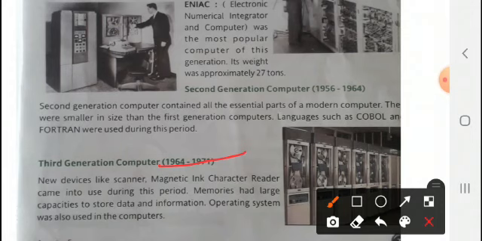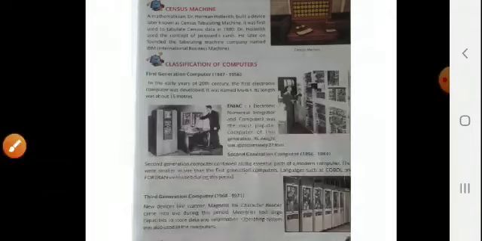So what is the main difference among all these three? The first generation computer was very heavy, near about 27 tons. The second one is a little bit smaller in size, and it contains essential parts of a modern computer. And in the third generation computer, devices like scanner and magnetic ink character reader were used. Got it? Now for the fourth generation computer,